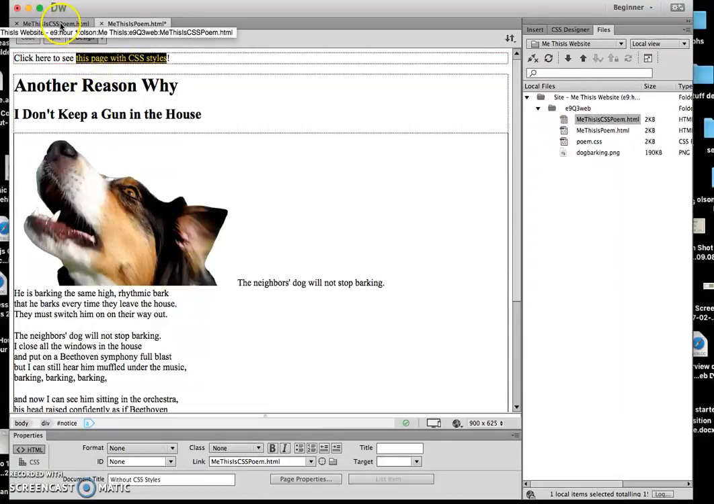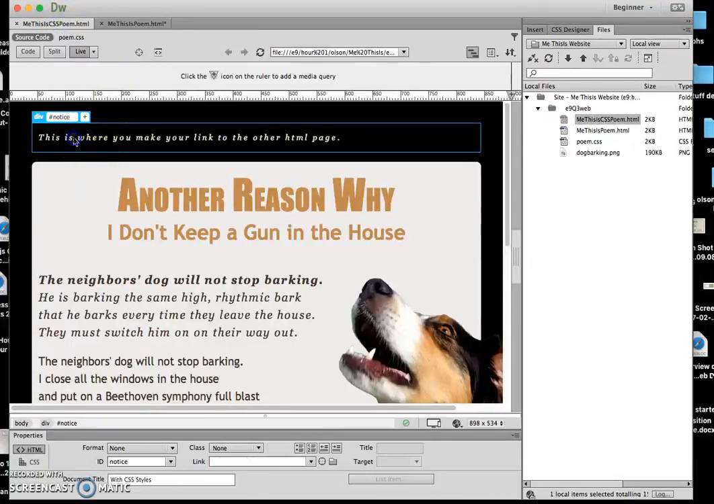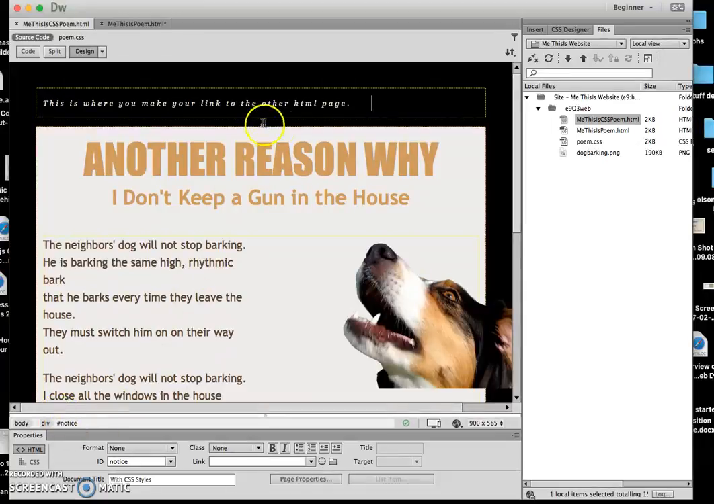And in the other one, I can say I want to get out of live view. And I'm going to make that link the same way. So this page without any CSS, I want to be the link. And so